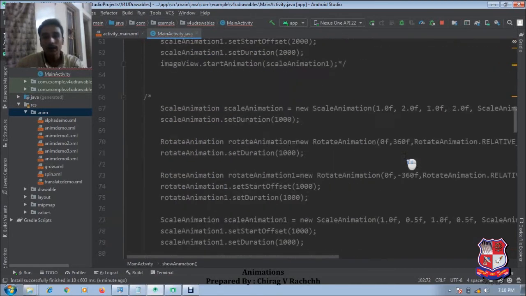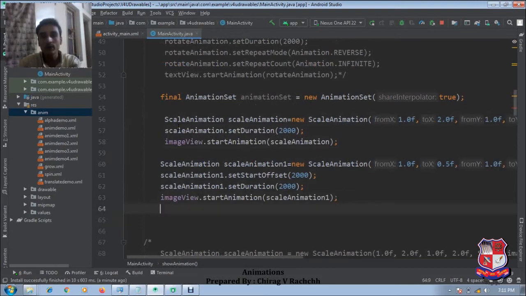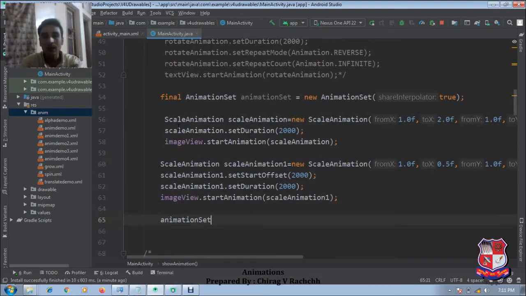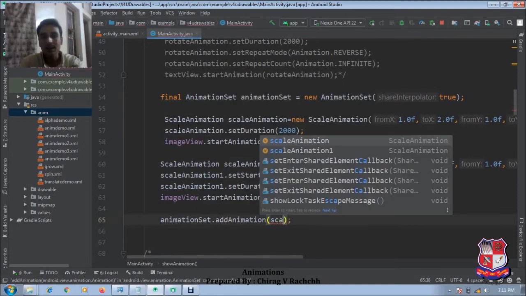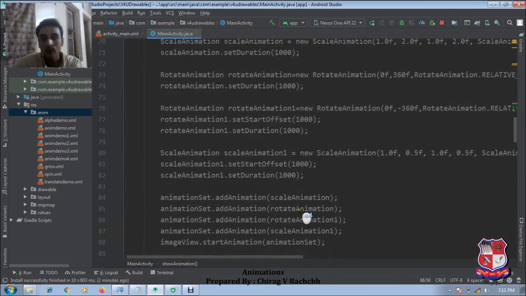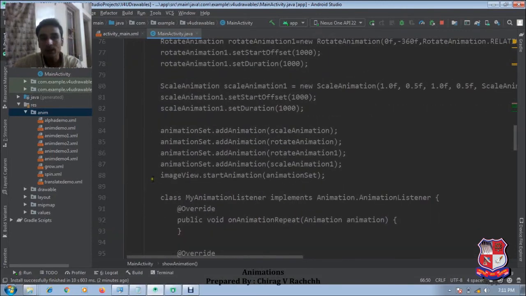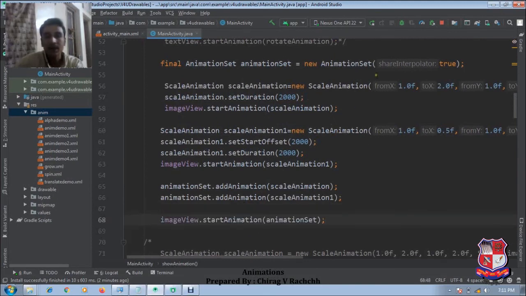We just want to perform these two animations, so we will add these two animations, scale animation and scale animation 1, to our animation set object, with 2 seconds each. Now we apply this animation on our ImageView with start animation. Let's see what happens.